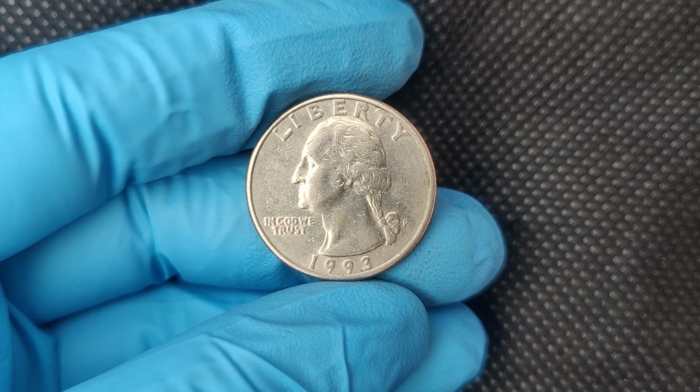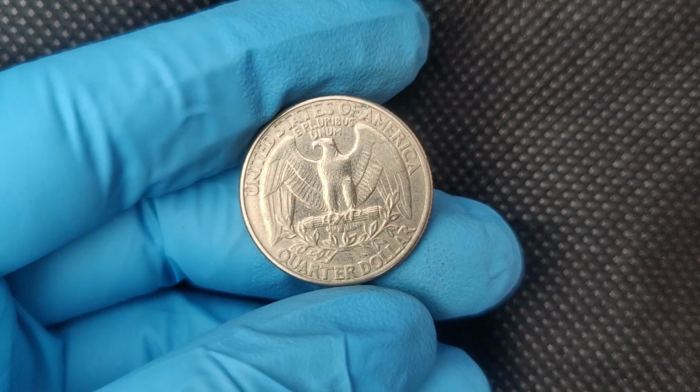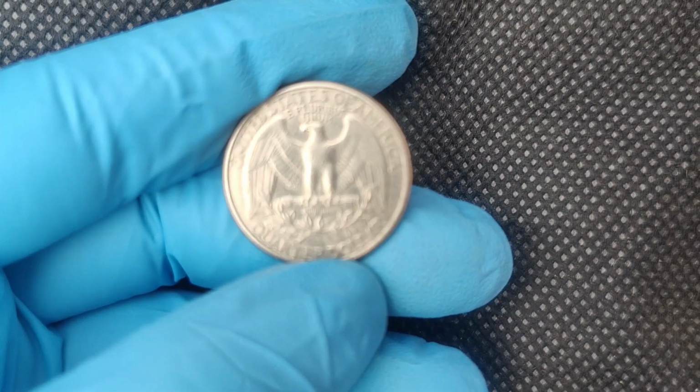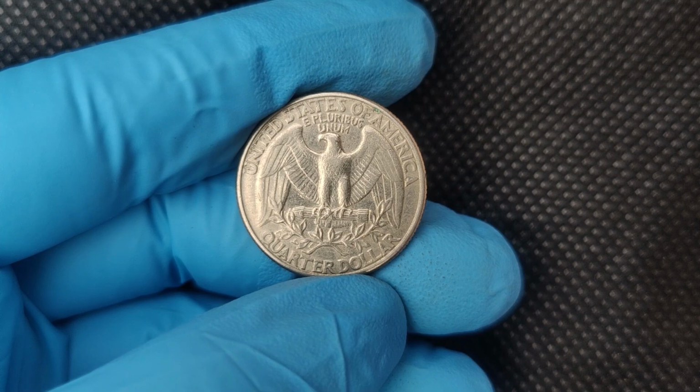That's not a typo, folks. $2.3 million for a 1993 quarter. So, how did this happen? Why is it worth so much? The key to the value of rare coins like the 1993 P Washington quarter lies in the rarity of the minting